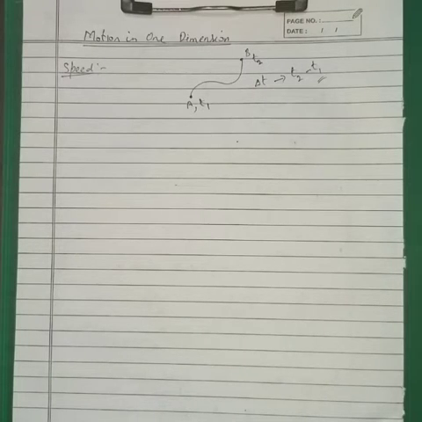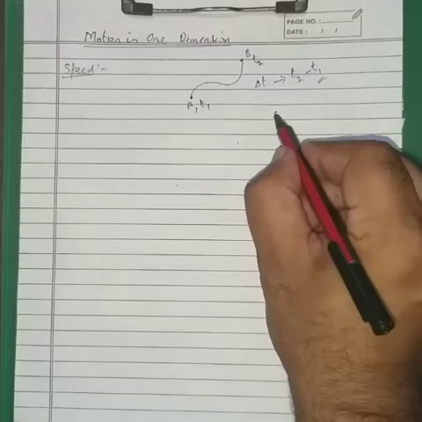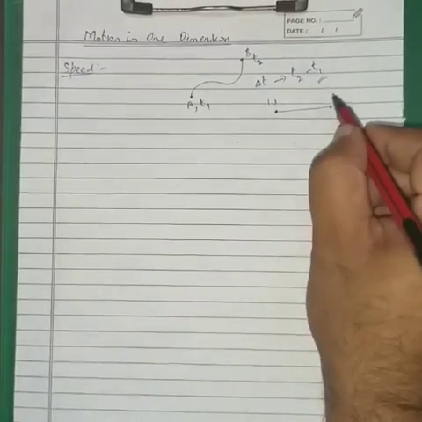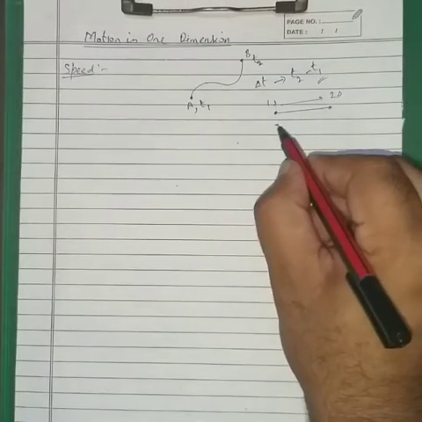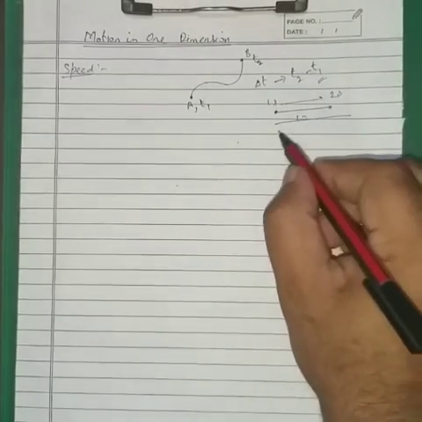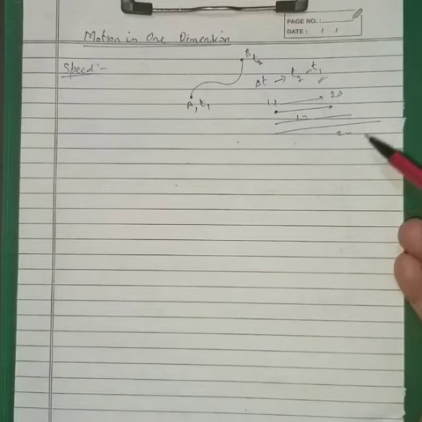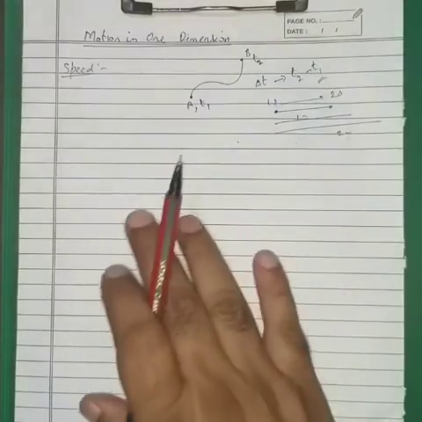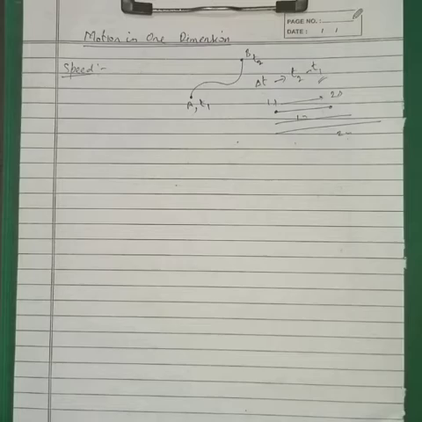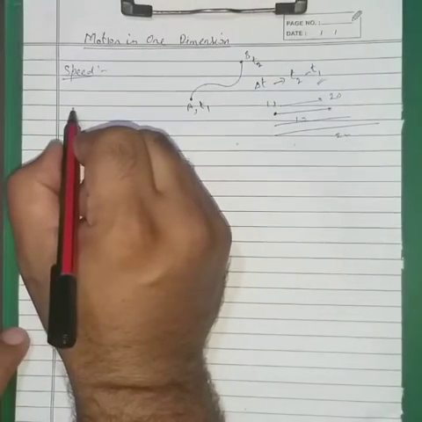For comparing the speed of two bodies, let us say in the interval from 1 second to 2 second, within this 1 second one body covers a distance of 1 meter and another body covers a distance of 2 meters, then definitely we will say that the second body, that has traveled 2 meters in the given time interval, is moving fast. So for comparison of this we will talk about speed. Let us now move on to the definition of this.